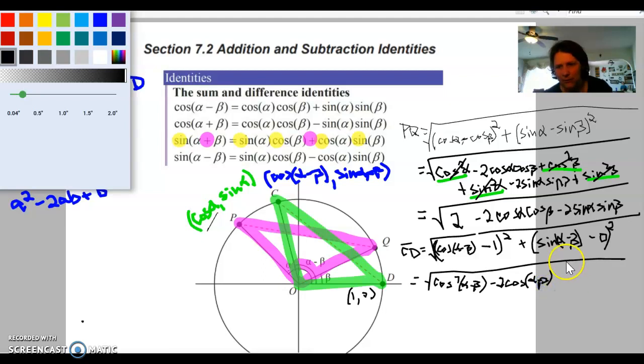And then for that last one, we have just minus 0, so that's going to end up just being sine squared of alpha minus beta. Okay, so we have cosine squared alpha minus beta plus sine squared alpha minus beta. That's all going to equal 1. So we have the square root of 1 minus 2 cosine alpha minus beta. So what we would do from here is set